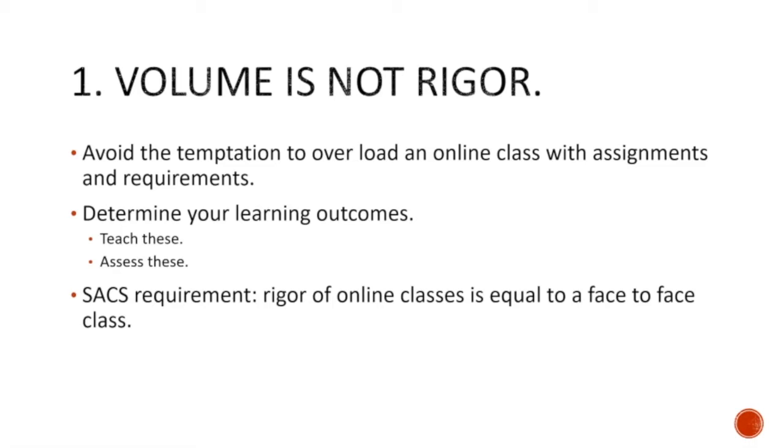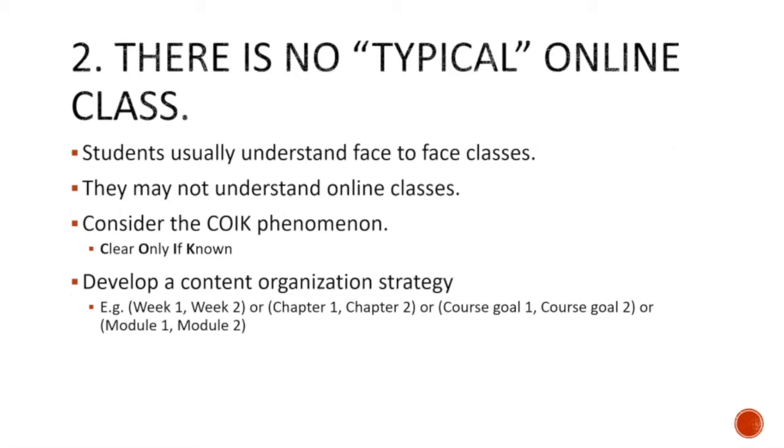If you're working in a university, the SACS requirement is that the rigor of an online class should be equal to the rigor of a face-to-face class. And that's about as specific as it gets the last time I looked. But one way you can define rigor is if you have equal assessments and equal activities done in both of the classes. The second tip is to